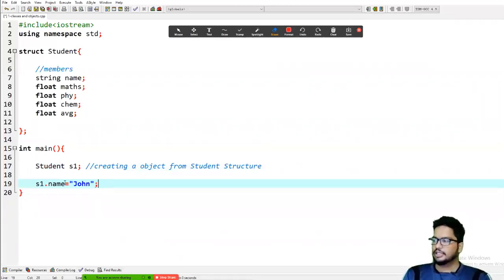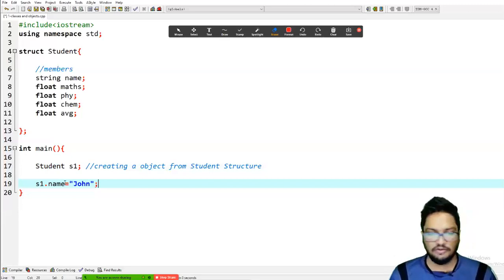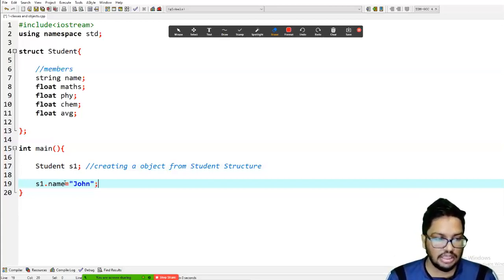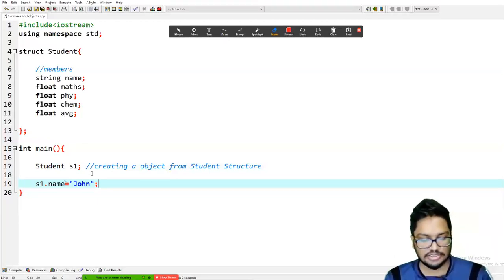As I mentioned, members will be there for each object created, and those can be accessed like s1.name. So that's what you can understand from structures.